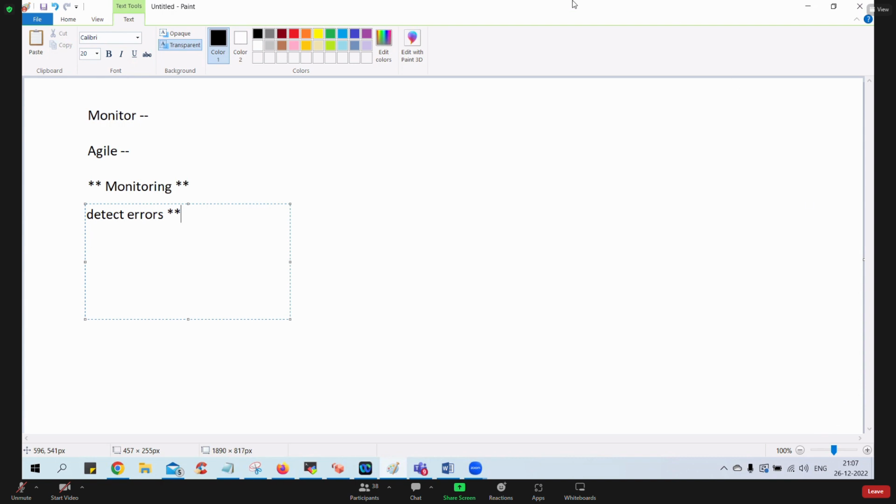So if I ask a question like this, you want to apply monitoring and then detect, does it make sense? That means you want the customers to use your software and then detect the errors. That is not right, correct? Do you agree? So that is not the intention of monitoring. Whatever your answers are correct, guys. One of the criteria is more errors only, but that is not the main purpose.